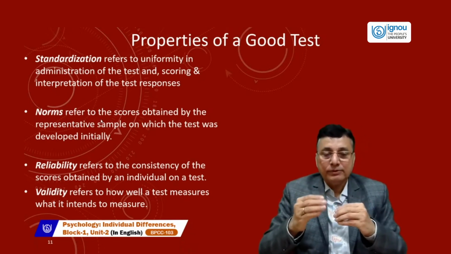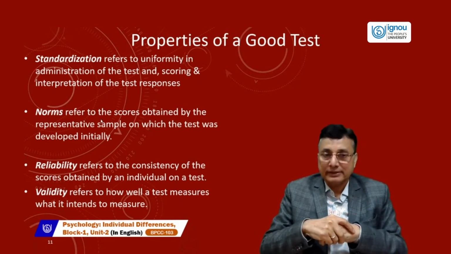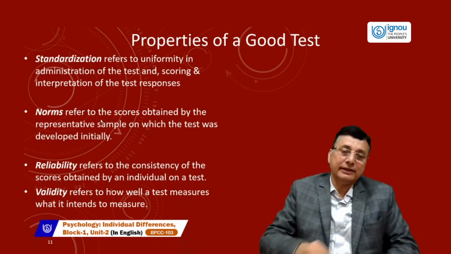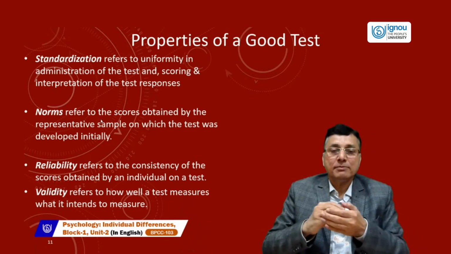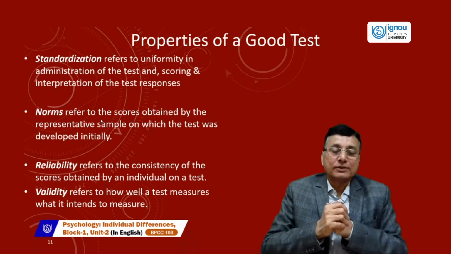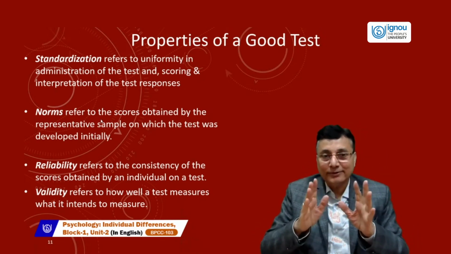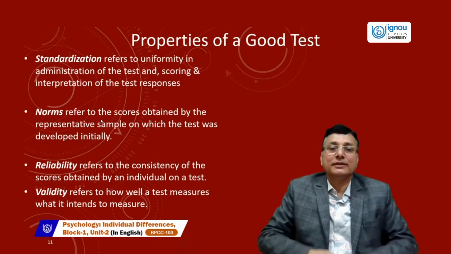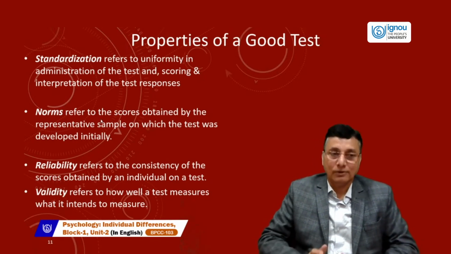In the same way, if you are using an intelligence test, for example, the Seguin Form Board test, you have given the test to the client, you have noted down the time, and on the basis of minimum time you see how much IQ this person has. There is a norm table. So norms are available. If the test doesn't have any norms, it means the test is not useful. You cannot interpret the findings of those tests. So the test must be standardized and the test should have norms.